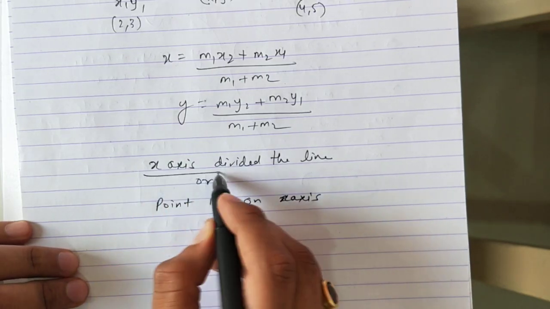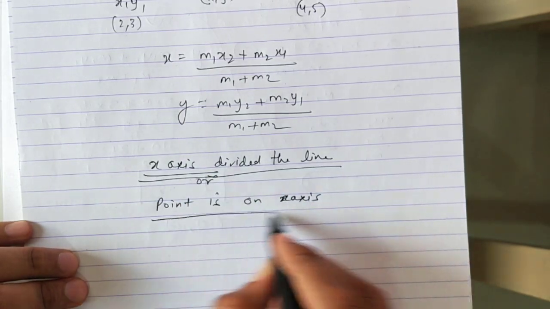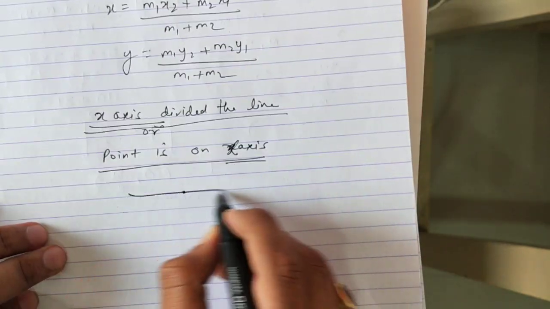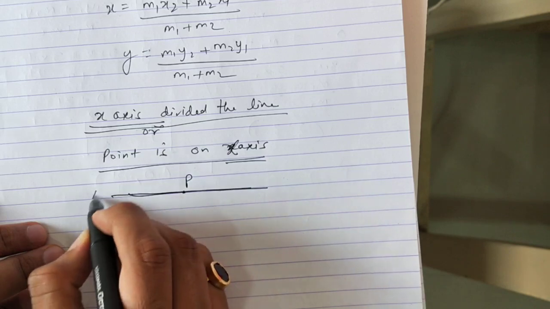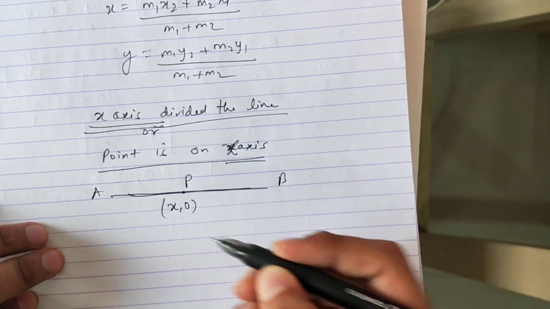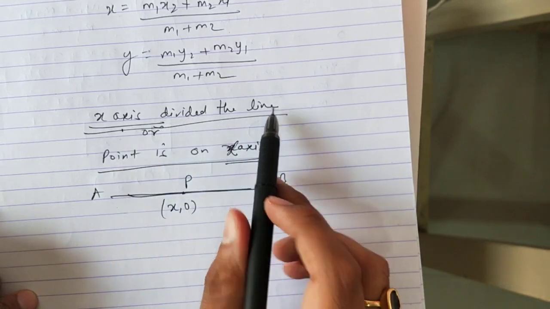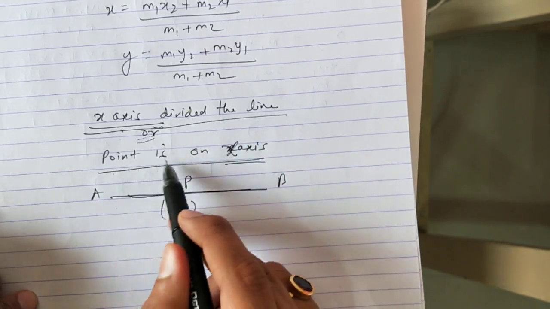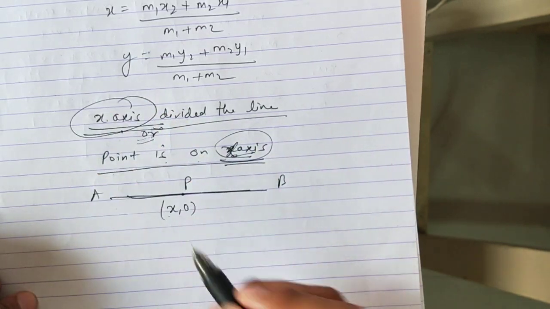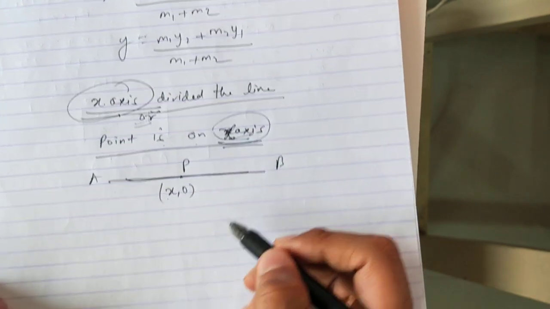If they give you that, the point P between the line AB, you will take as x comma 0. Whenever the x-axis comes, you will take the point as x comma 0. If they say